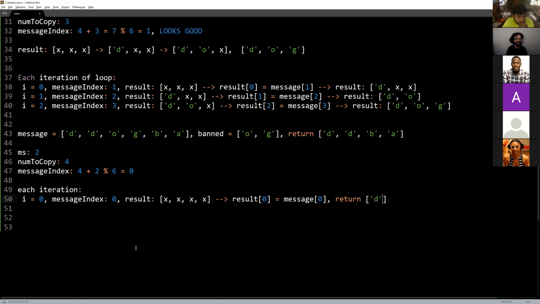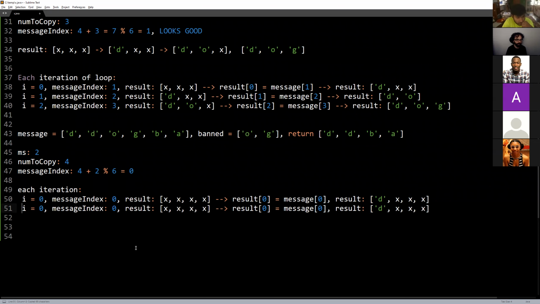Return, aha, I see what's gonna happen here now. Return becomes, or sorry, not result. Okay, so we'll do one more that's like the easy, everything's working fine case. result[1] equals message[1]. Okay, so now we have D.